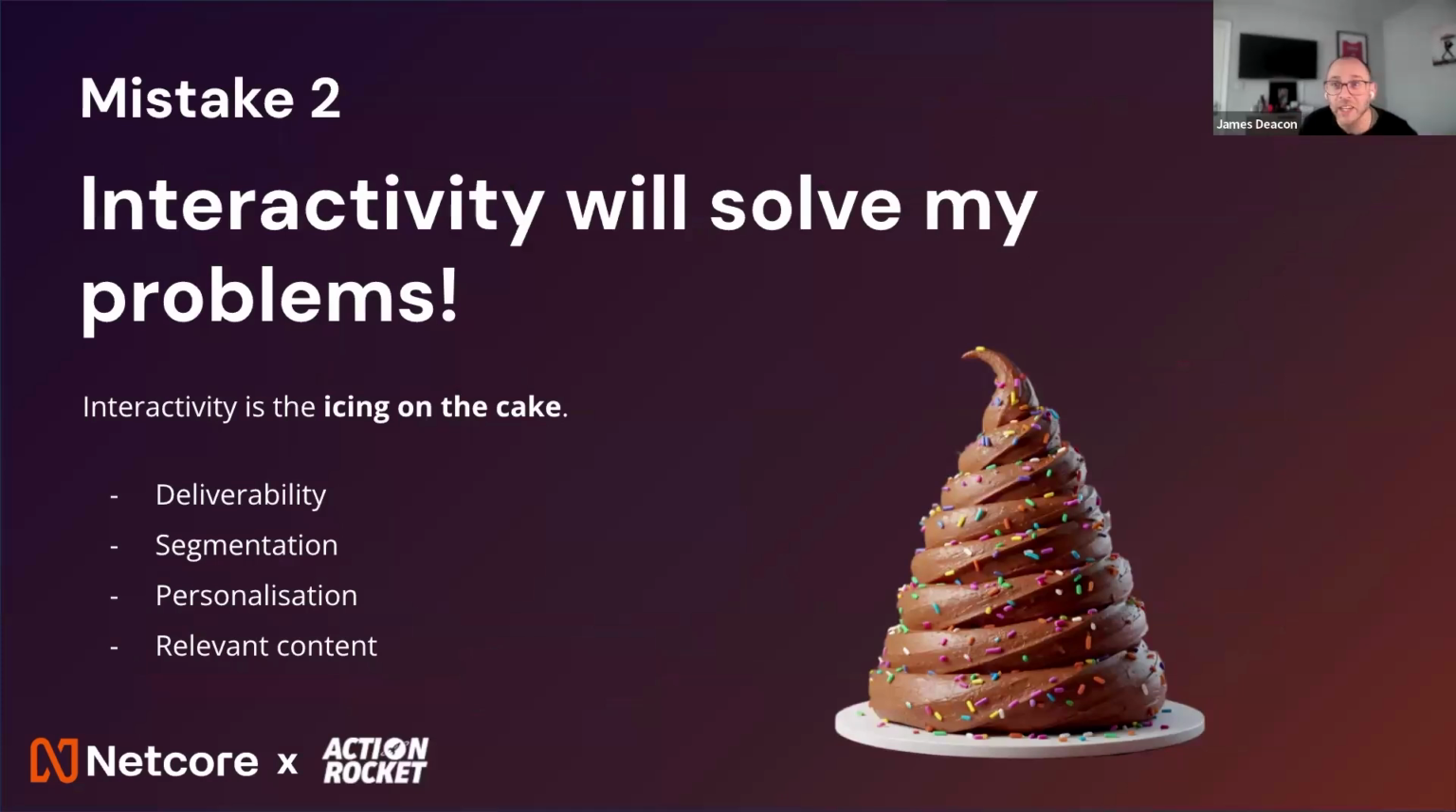And then for mistake number 2, interactivity will solve my problems. I think we all know the answer to this, but I'm going to reiterate it. If you are having email problems in terms of conversions or deliverability, AMP for email or interactive emails isn't going to necessarily change that, because the foundation that your email program needs to be built on are things around knowing your audience, segmenting and personalizing so that you are articulating the value of whatever you're selling or offering to different personas